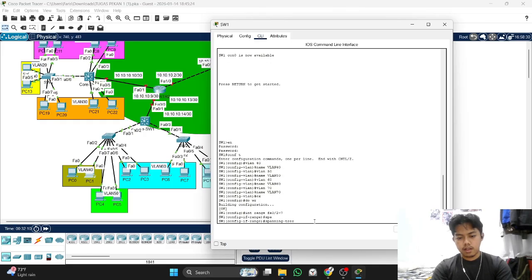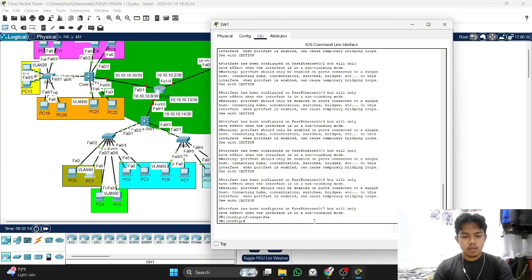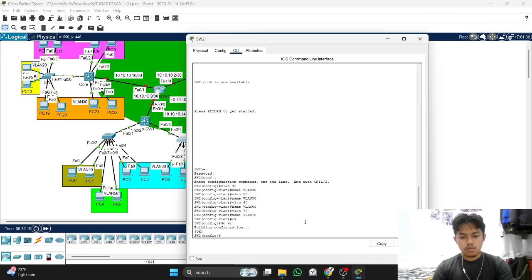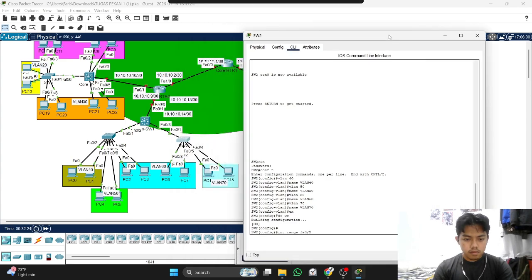Oh no, spanning tree port fast. It's the same for switch 2, interface range until 5.